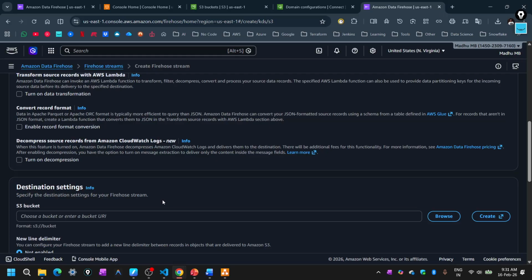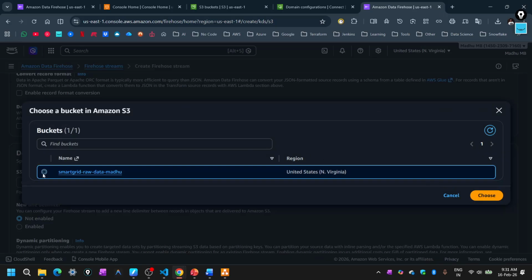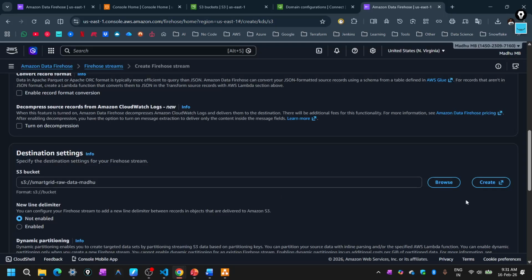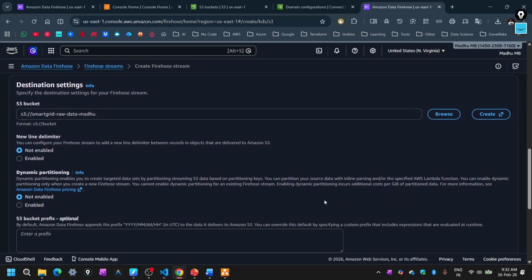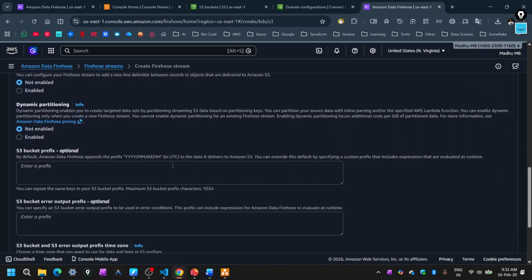We are saving the same parameters: voltage, current, and the power factor. Correct. So the destination is the storage which I created. Correct. I will be selecting that storage. So the prefixes. Why? Because all the data which I am getting from the smart devices has to be stored with the timestamp, right? So what I will be doing is,